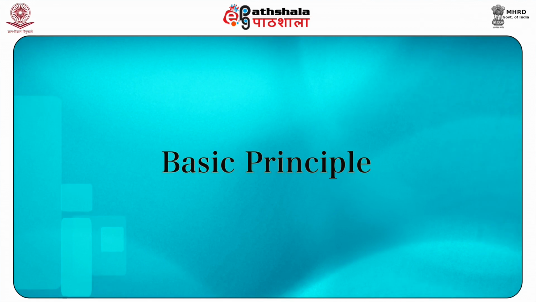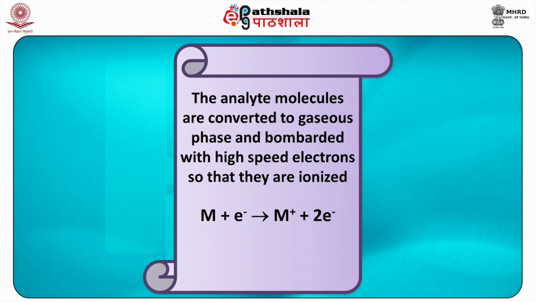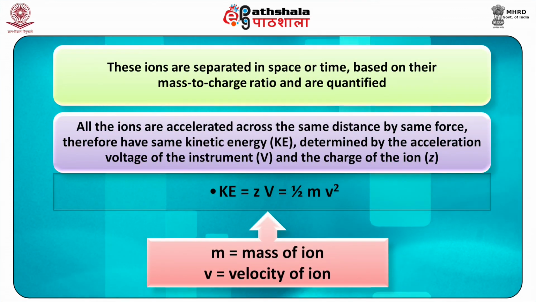Now we will see the basic principle of mass spectrometry. The analyte molecules are converted to gaseous phase and bombarded with high speed electrons so that they are ionized. These ions are separated in space or time based on their mass to charge ratio and are quantified. All the ions are accelerated across the same distance by the same force, therefore have the same kinetic energy determined by the acceleration voltage of the instrument V and the charge of the ion z, and the kinetic energy is given as